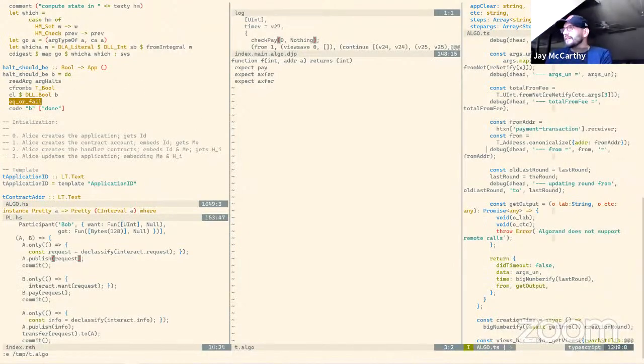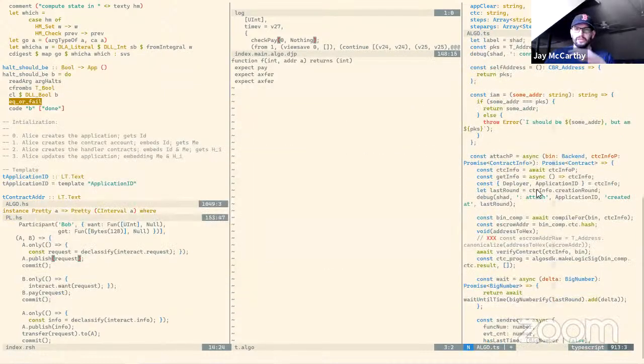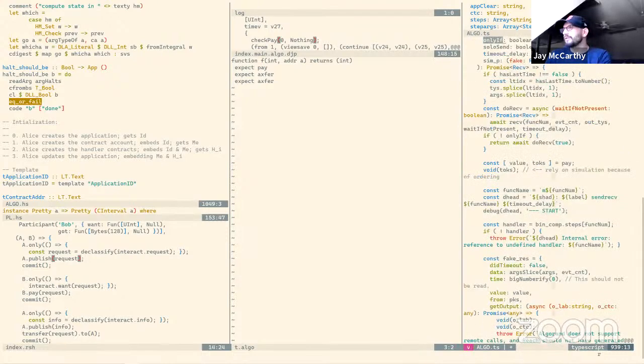Exactly. So every time you call attach, attach is what the Reach standard library thing is that takes the contract information and loads it. So one of the first things that you do is you go off and you call verify contract. So you make sure that this contract info you were given really is the one for this binary. So what verify contract does